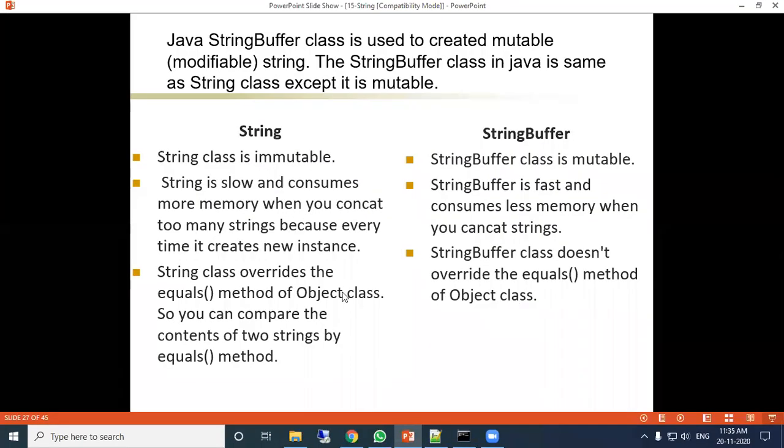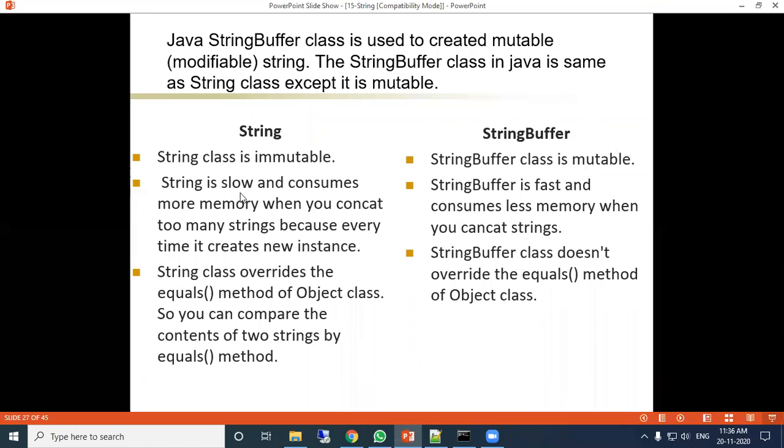Now let us find the difference between string and string buffer. This is one important point or question you may get in the exam. String is immutable, string buffer is mutable. This is the main difference. Immutable means the content in the memory will not be modified. Here you can modify it.